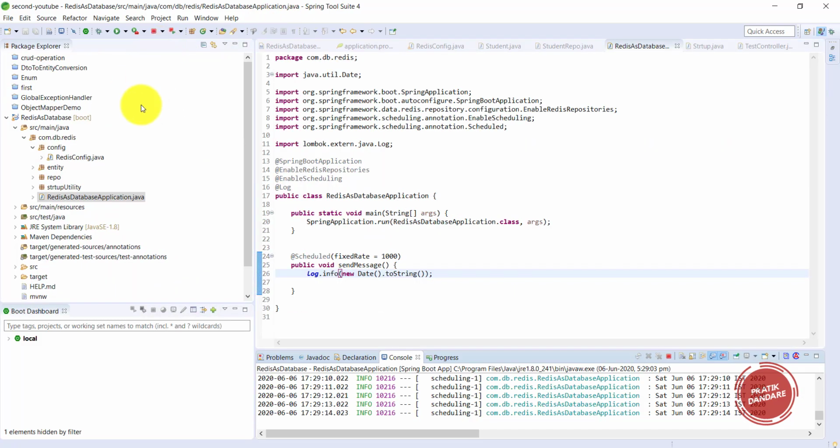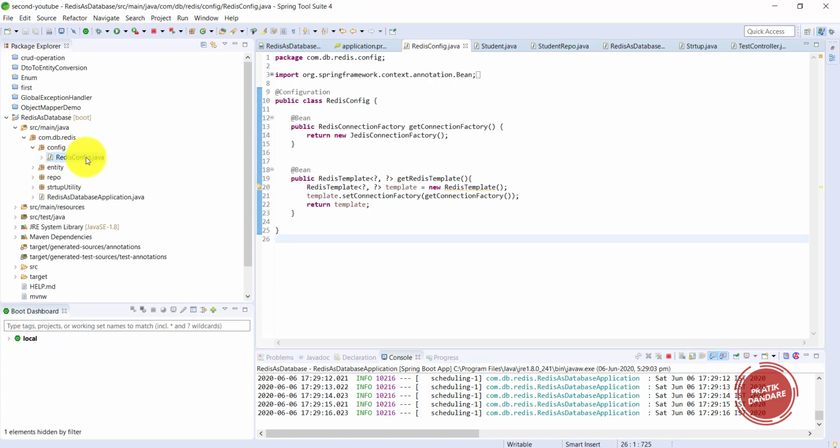Now next step, we need to write some configuration here. So this is our old configuration. To send the message inside Redis, we need to provide some topic. So I am going to write configuration for topics. For that purpose I am creating one bean, and I need to create a method which returns a ChannelTopic basically.